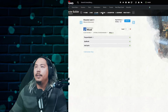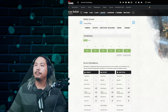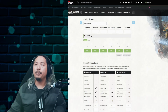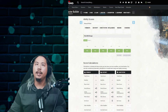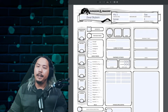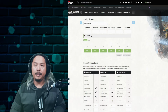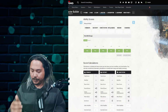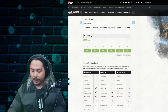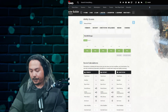Now, the abilities. This is where the rolling comes in. So this is where you will need your 4d6. We will be rolling them now. D&D Beyond has a rolling feature, but we're going to be doing them here, and then I'll explain the modifiers and everything like that as well. So you get 4d6, and then you remove the lowest. In this case, for me, oh, that was actually a really strong roll. I got a 6, 6, and a 5, and then a 1 in my case. So we would remove the 1, and that would end up being